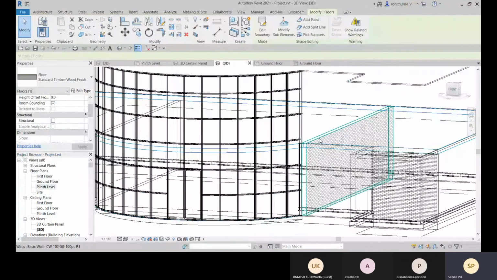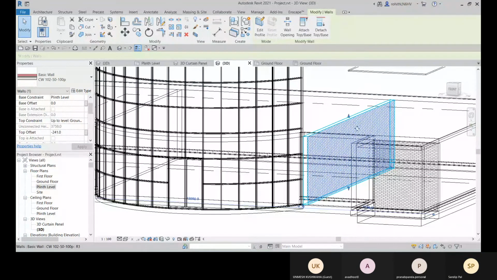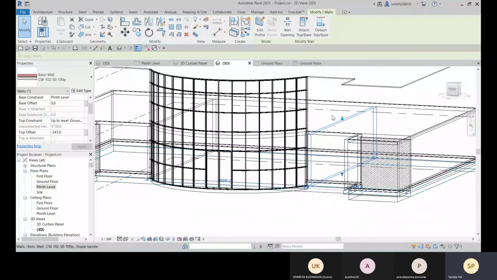So that will be the top offset toward the minus bottom direction, 241. Enter. And you can see that. Either you can go with the attach top or base option, or you can go with this minus 241. Accordingly, you will get the height.